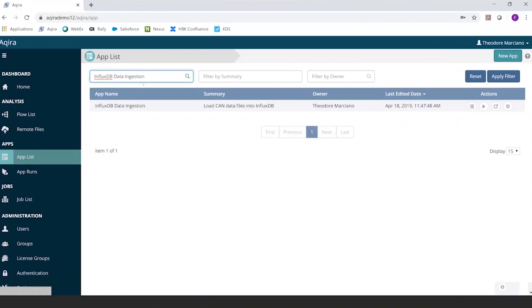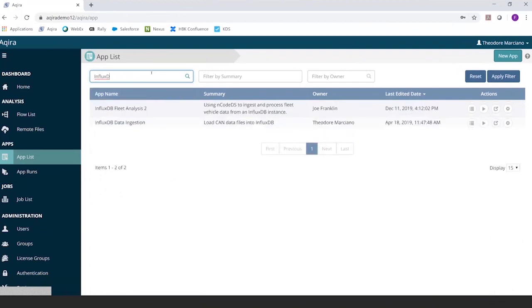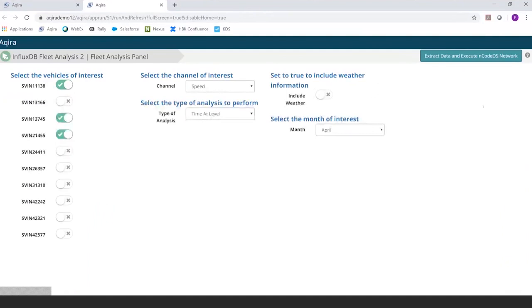data analysis algorithms, or you can create your own data access functionality. In this case, we use this functionality to access InfluxDB. So I've just started the app for analysis, and even though Influx is a relatively complicated product to use, I was able to build a relatively simple interface to it in Akira, which is, you could argue, very intuitive.